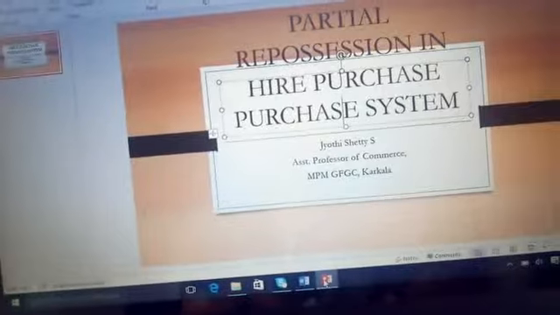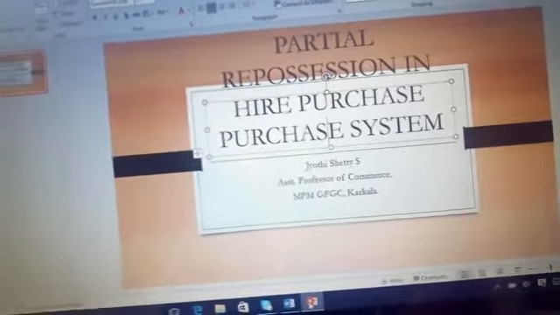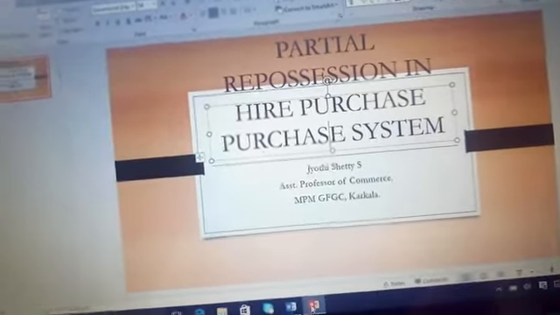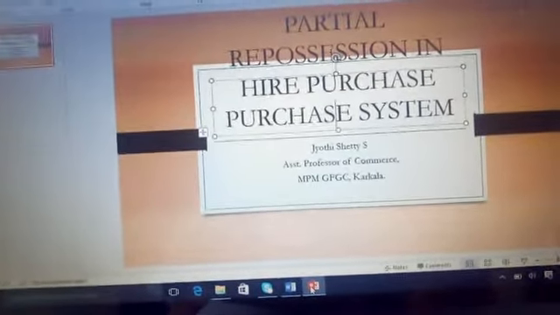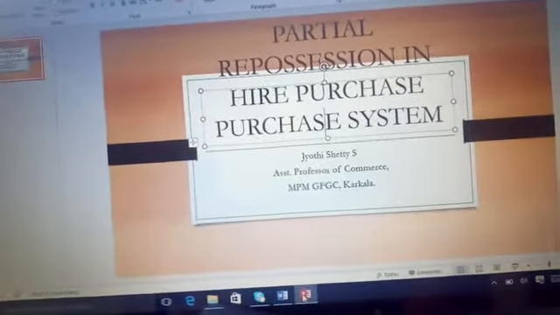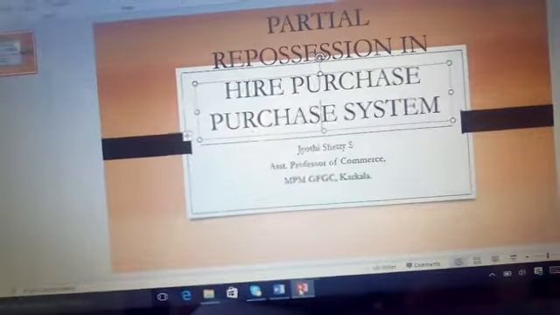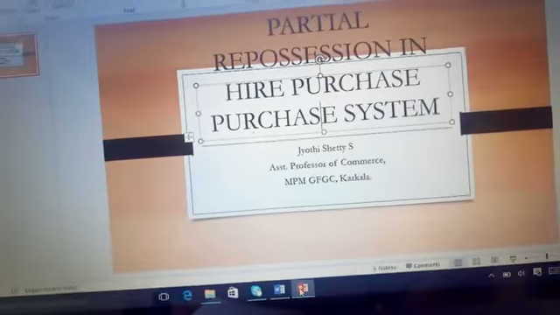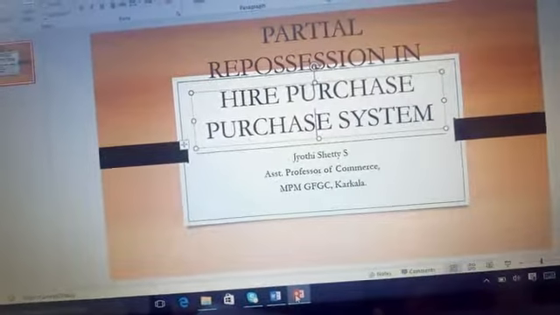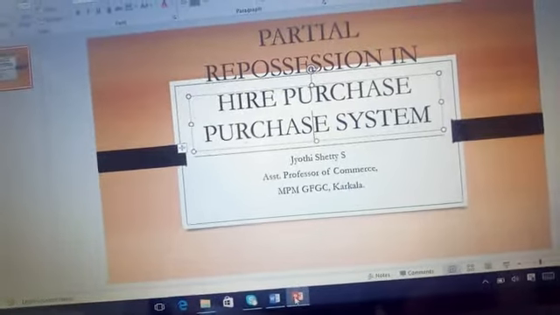Here are the important points to be noted. Who is the hire purchaser? Mangalore Dry Cleaners is specifically given. Mangalore Dry Cleaners is the hire purchaser, and the hire seller's name is not given, so we will write vendor's account. The total number of machines purchased is 2, and the cash price of each machine is 10,500. So 2 machines purchased means the total cash price of the 2 assets will be 21,000.